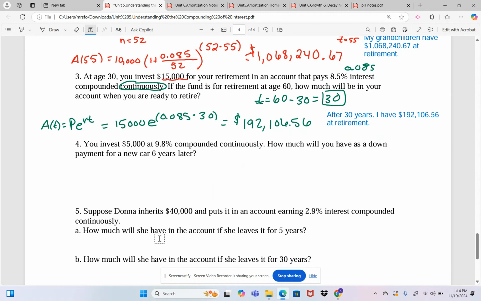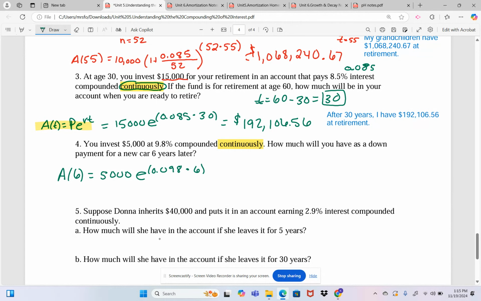Okay. So the last one we're going to do on this page is number 4. And then I'll encourage you guys to do 5 and 6 on your own. So 4, you invest $5,000 at a 9.8% compounded continuously. So the continuously lets me know I'm going to be using the formula we learned today. How much will you have as a down payment for a car 6 years later? So we're looking at 6 years later. I put $5,000 in the account,